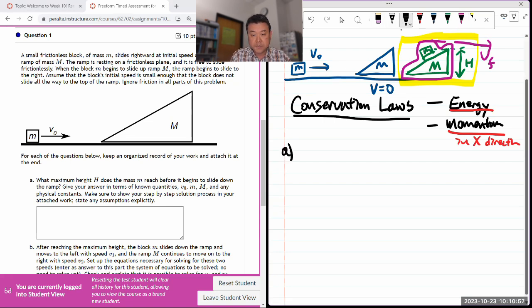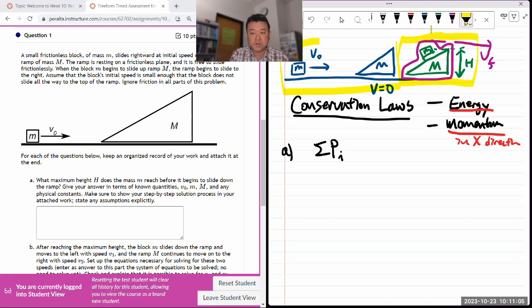I'm trying to say net momentum initially. This is what I'm labeling as my initial situation, and it really is initial. And this is what I'm going to call final for now, which actually won't be final by the end of the question. The total momentum initial is equal to the total momentum final. Your initial momentum is simple. Only the small mass m is moving. So you can say small mass m times v naught plus 0 for the momentum of the ramp is equal to